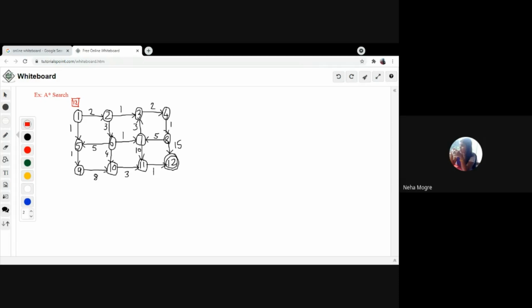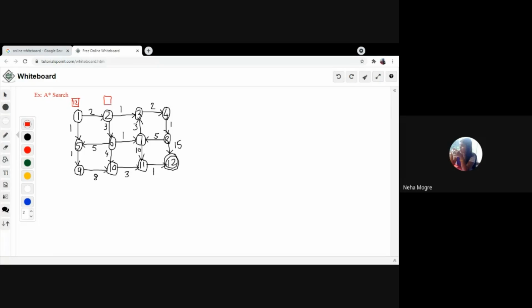So the heuristic value 12 means the total cost required to reach the goal node 12 from 1 is estimated to be 12. Is that okay? Yes, ma'am. That is the h of n value.